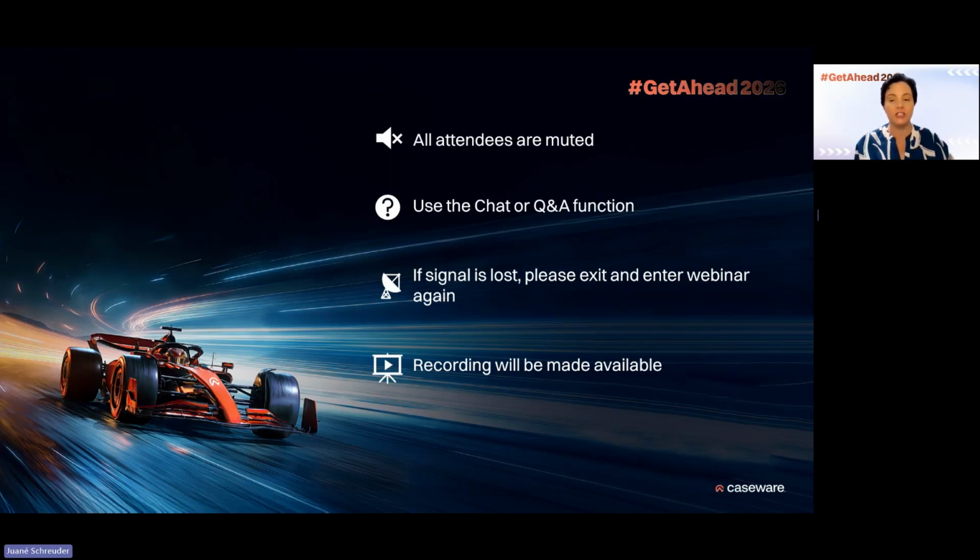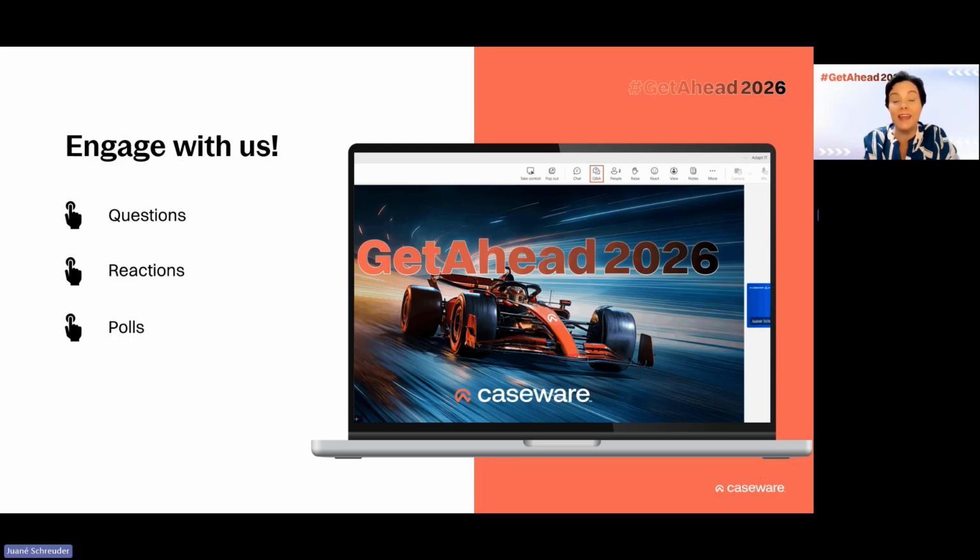Right, so that's just in terms of the first points. Then, in terms of how you can engage with us, please, we would like you to be very active and involved and participate in our sessions. So first of all, we have questions. You'll see there I've put a little block around the Q&A, but just to the left of that is where you will find the chat function. That's where you can add to the chat, and you will also see that I've already said good morning there. So if you click on the chat, you'll probably see my message there already.